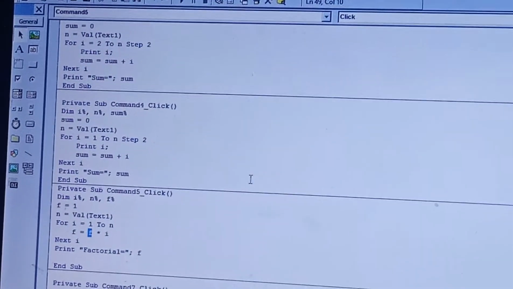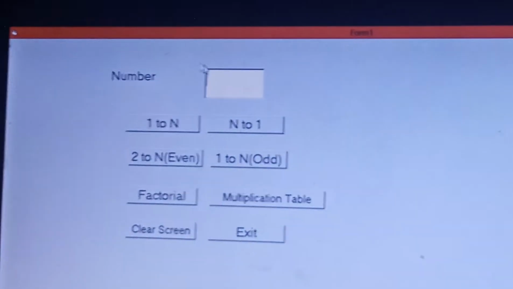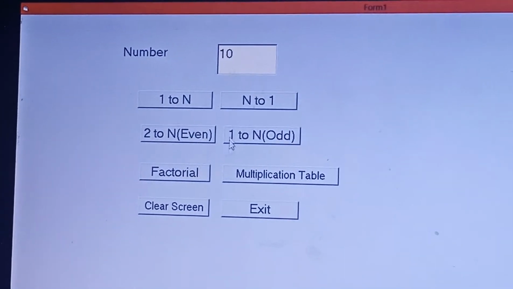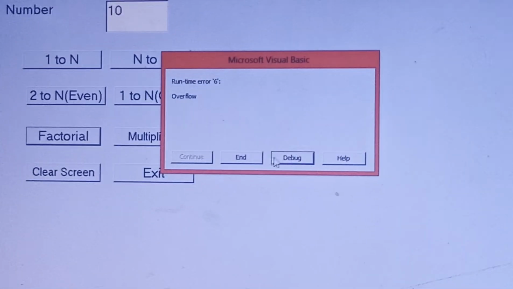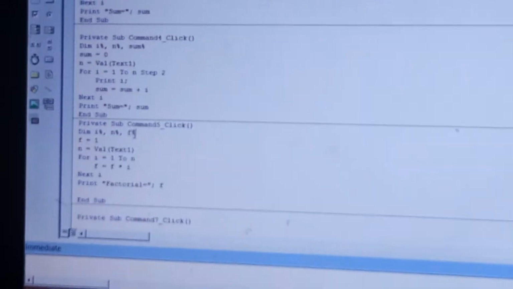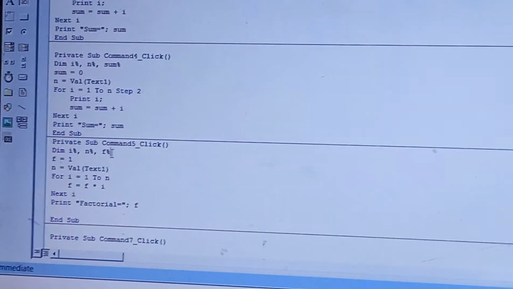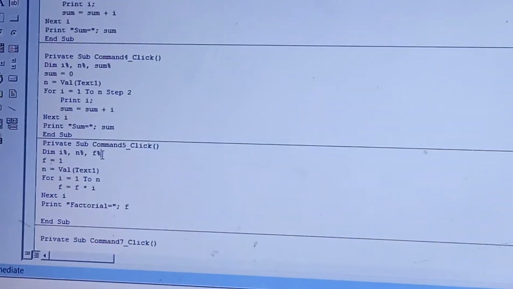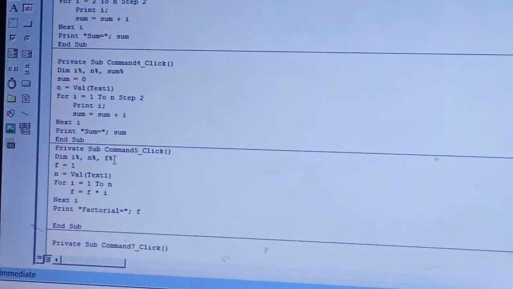Now there is one more problem which I want you to have a look. Now what happens if I put a bigger number? Let me see. If I put 10, the factorial, it's not coming, it's giving me an error called overflow. Children, this is because when I declare a variable as integer, the size is small. Last year, if you look into your VB book chapter 6, you will see the biggest number an integer variable can store. So there is a limit for that.